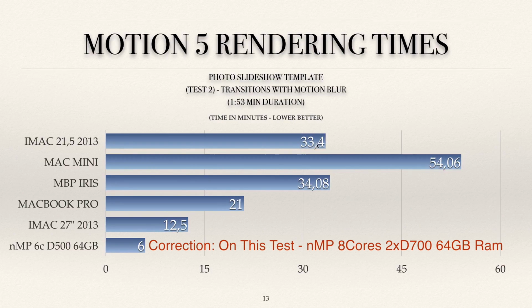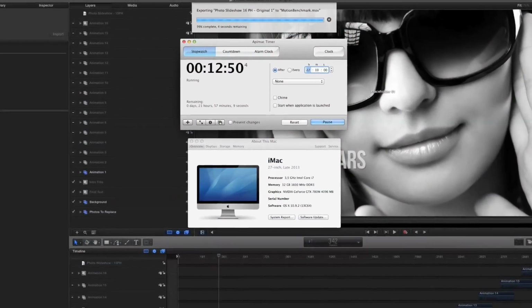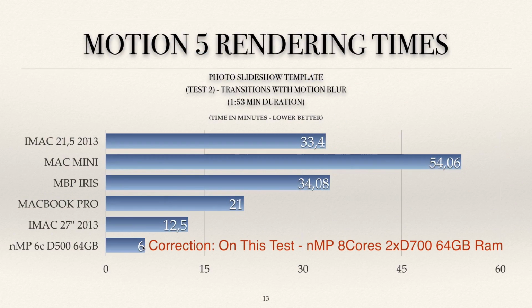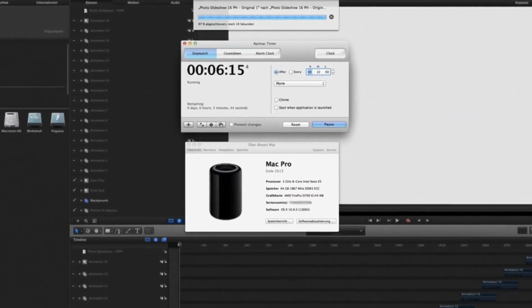This once again left me curious, but hey, that's it. With the GTX 750M working, it took 21 minutes, and then the iMac took 12 minutes and 5 seconds, and the new Mac Pro took 6 minutes. So once again, my point is the iMac